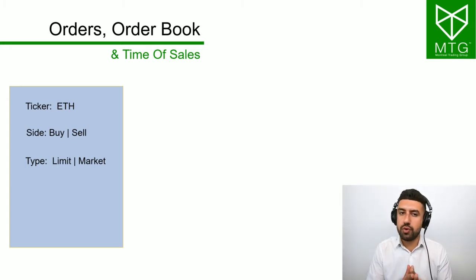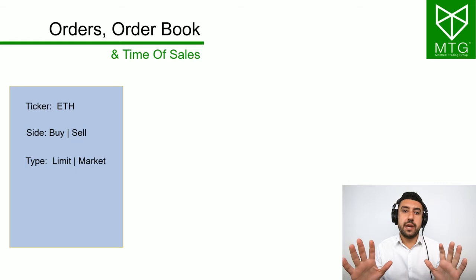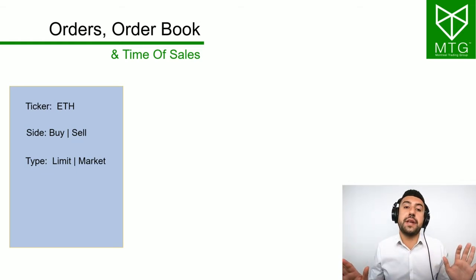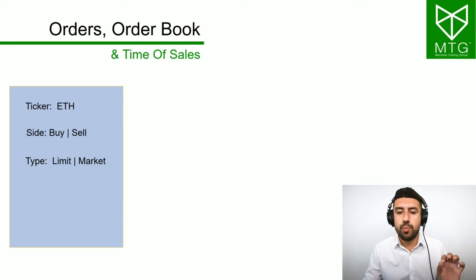A market order is an order that says just buy this cryptocurrency right away, regardless of the price, but do it now, or sell it, regardless of the price, but do it now. A limit order says buy it at this price or better, or sell it at this price or better. So only if you can get that price. So you have a fixed price, but you don't know if you're going to get it right now or not. Okay. So a market order is very time sensitive if you want it right now, but you don't care about the price. Limit is when you care about the price, but you don't care about the time.